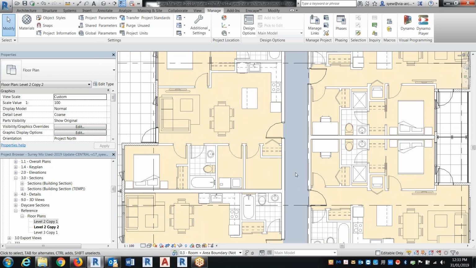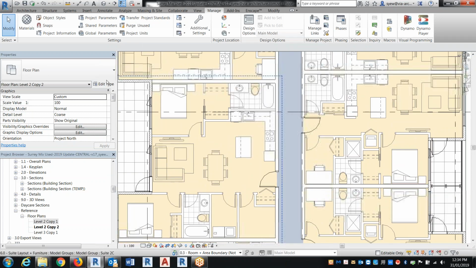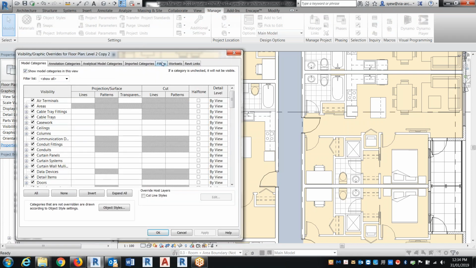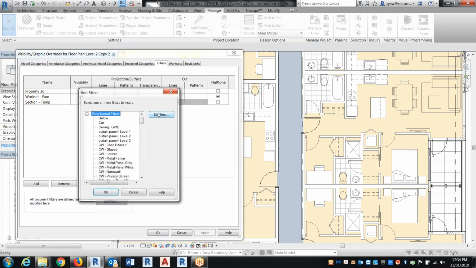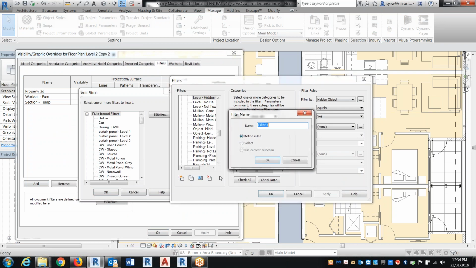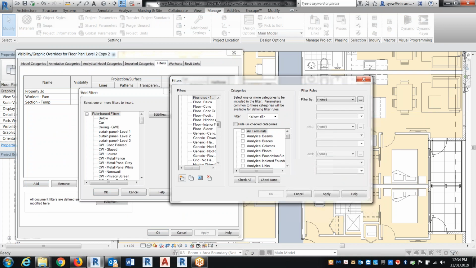Let's say you want to separate the fire rated from non-fire rated. So how do you do that? Here I'm just going to choose a very simple filter. I'm going to create one called fire rated. Let's say this is 1 hour. So in here I want my wall,